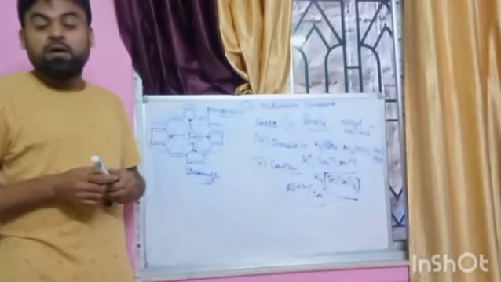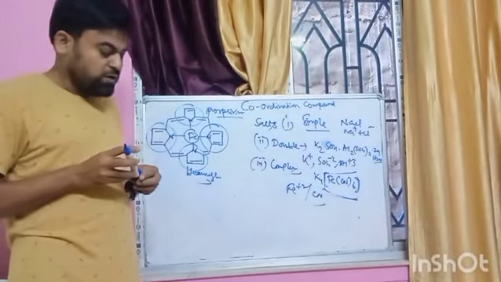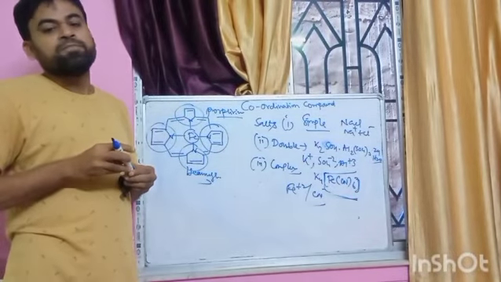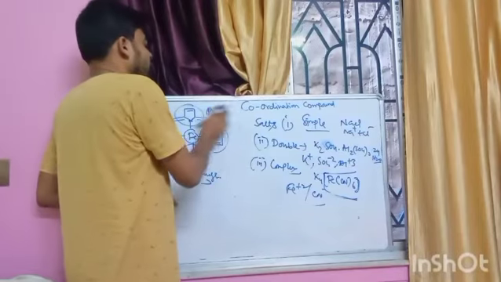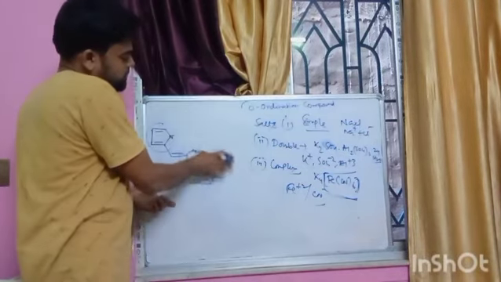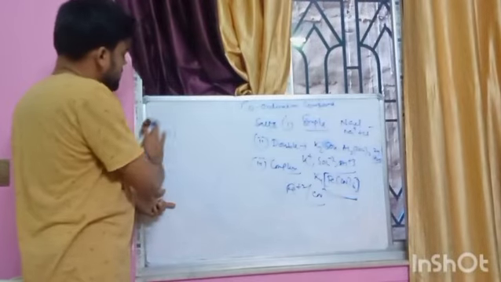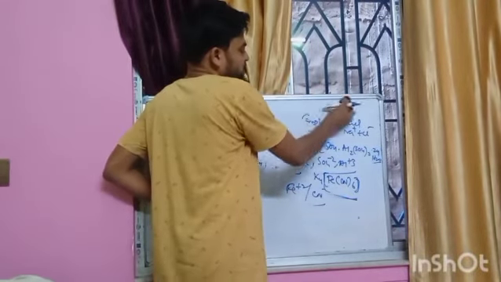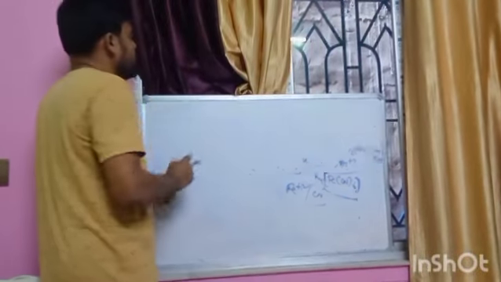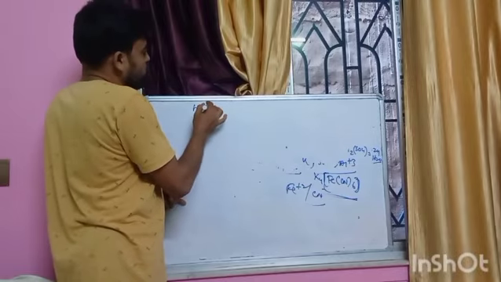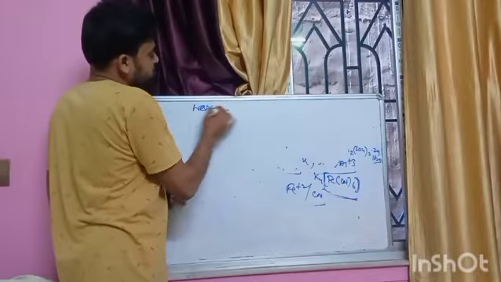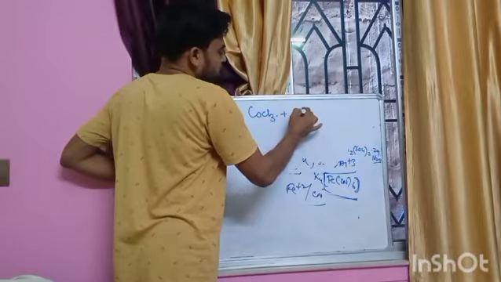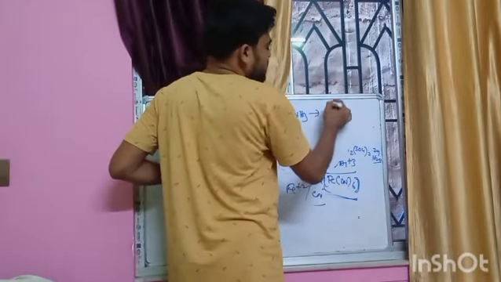Here, Alfred Werner was the scientist who worked with CoCl3 in ammoniacal solution and got different types of compounds. He found their colors were different and their ionic mobility was also different. So let us take Werner's experiment. Werner saw that when CoCl3 reacts with ammonia, he found different types of complexes: